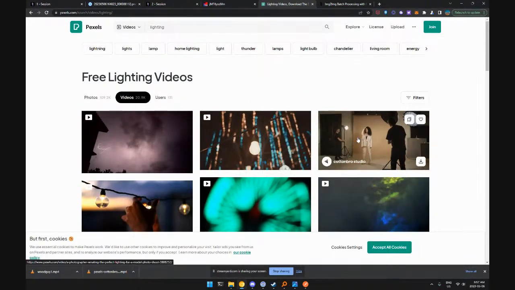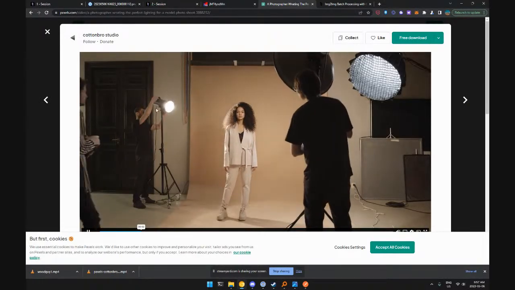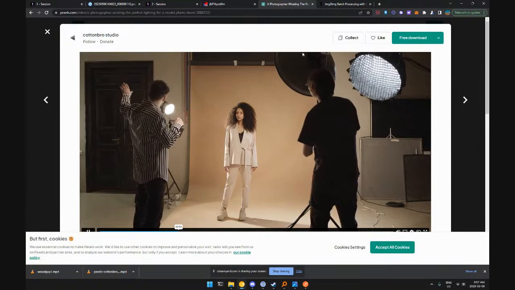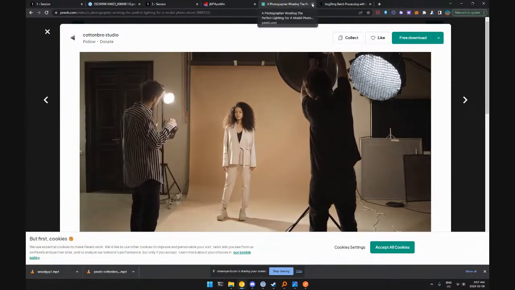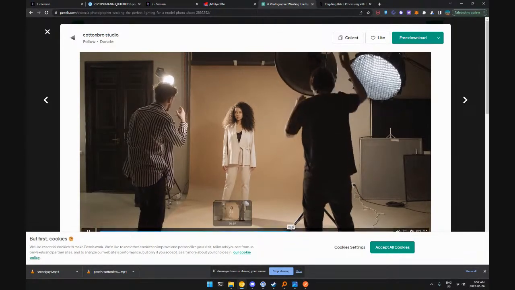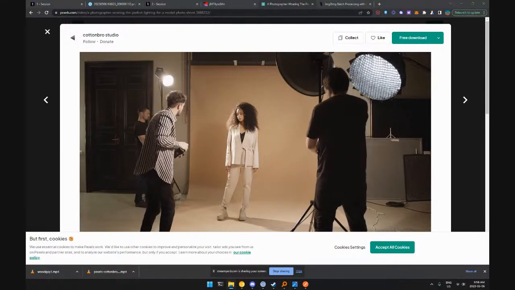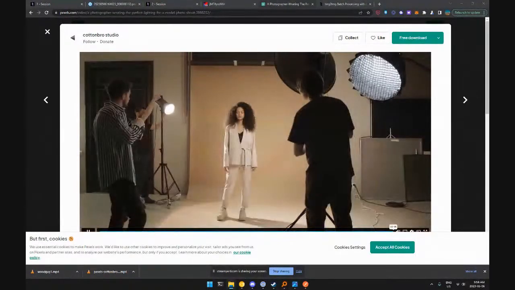You could use a lighting technique like this, where you've got a video of a light, and then you could ControlNet it in. And I did something similar to this in one of our YouTube videos, where I will pull it up. I took that video that we were looking at earlier, and I added in